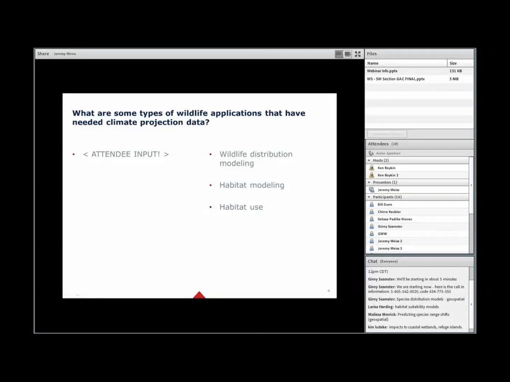We could see some of those showing up in the chat box, as well as something I hadn't thought of, which is more of a coastal environment instead of purely inland terrestrial environment. That last chat note there on refuge islands and impacts to coastal wetlands.